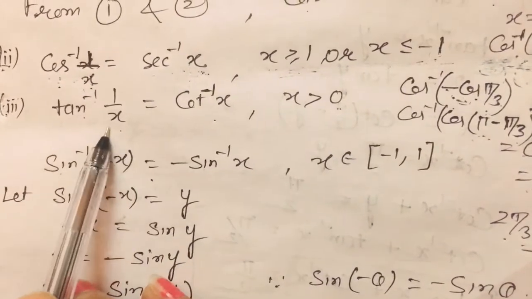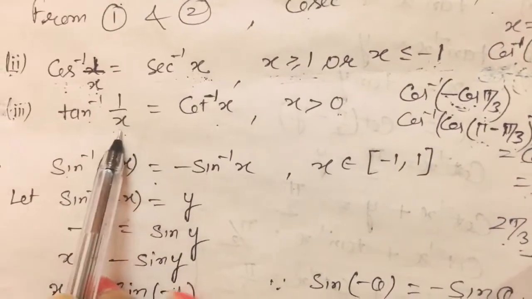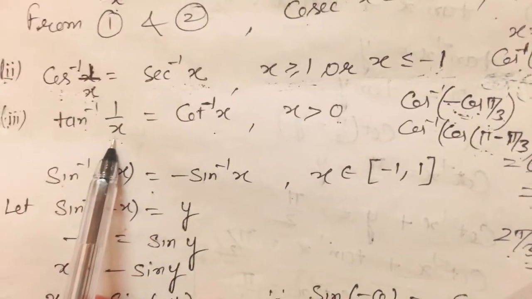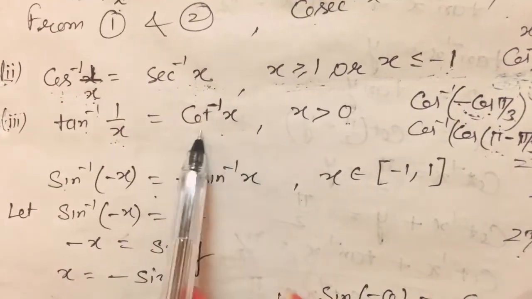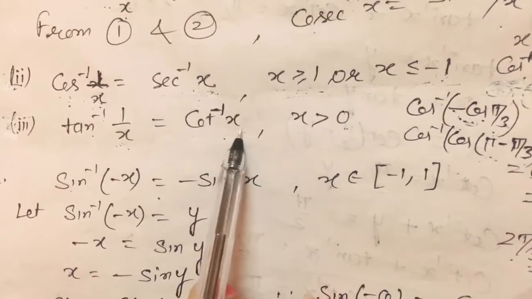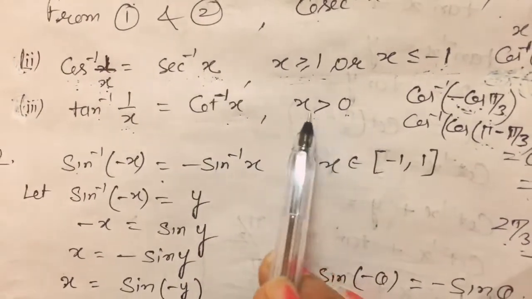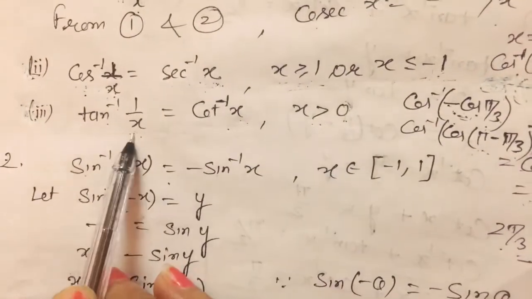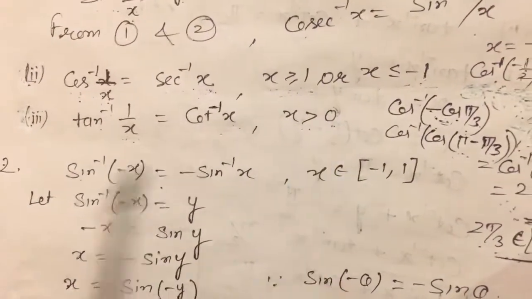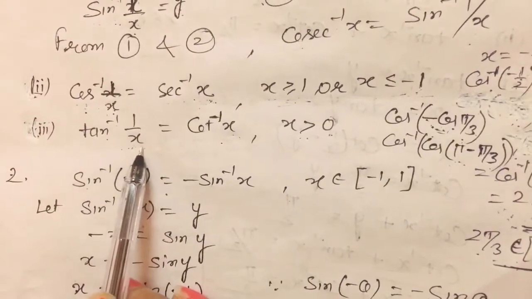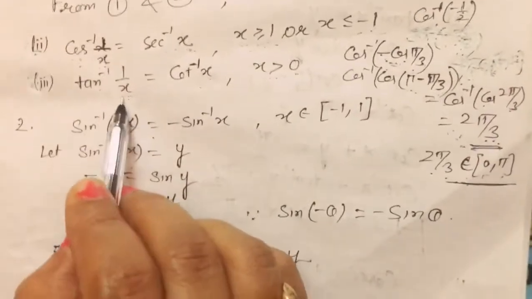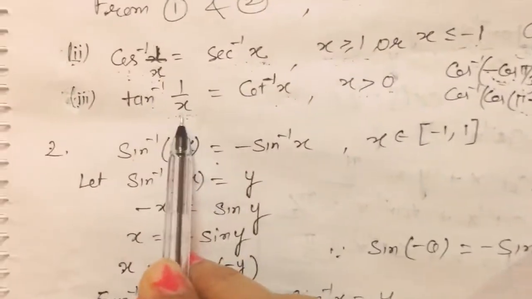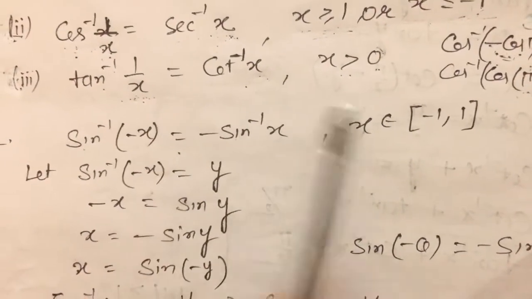Suppose we take x equal to 0, so that means 1 upon 0, tangent inverse 1 upon 0, that is infinity. So it will not be defined, so we will not take it. And we know that the domain of cot inverse is all real numbers, but here we have taken only x greater than 0, because when we take 0 it will not hold, and if we take negative values it will not hold either. So that is not in the intersection of both the domains. If you take negative, it will be negative, so it does not hold for this.